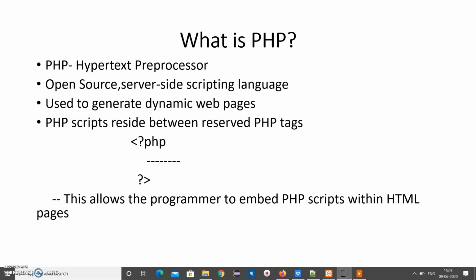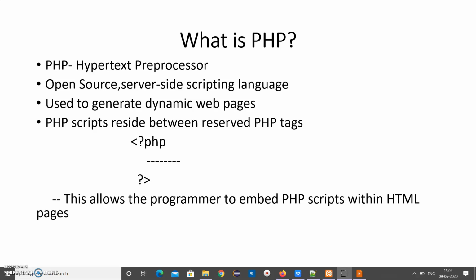Now, what is a dynamic web page? We also need to discuss what a static web page is so that we can easily understand it. HTML is a static page. Whatever we develop through HTML, we can just enter data into text boxes, navigate from one page to another, or click on URLs. But other than that, we do not have any extra functionalities.